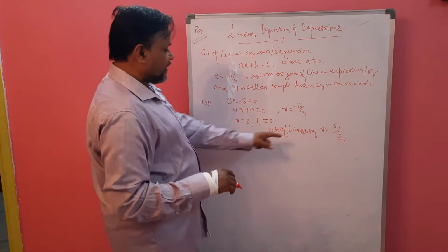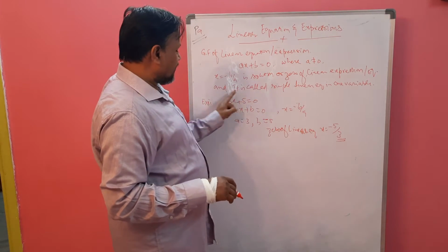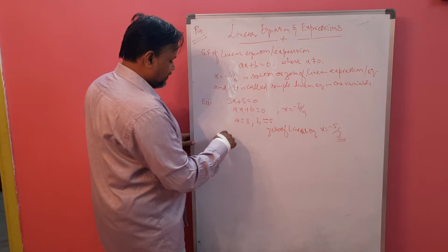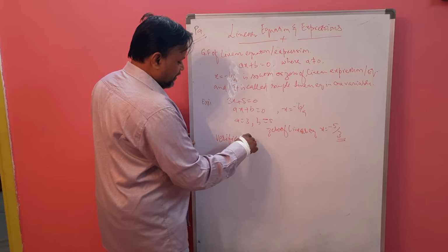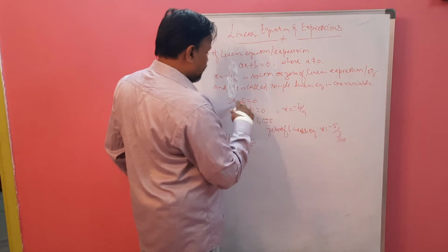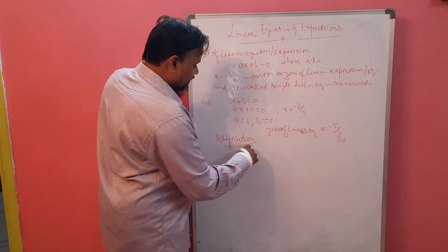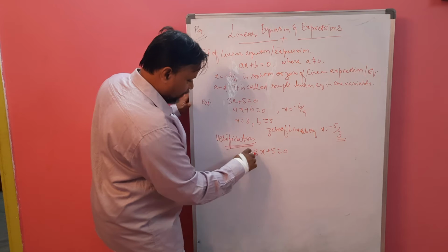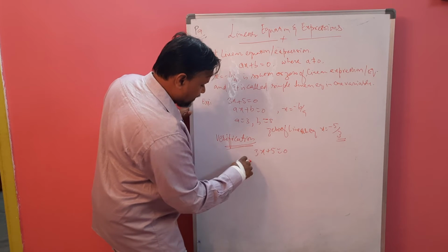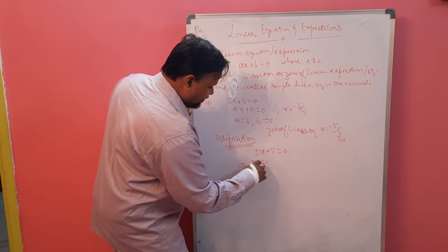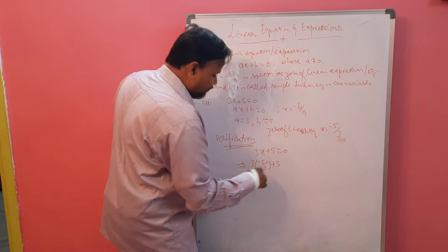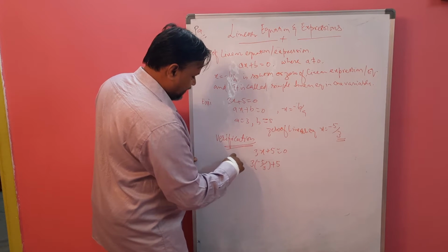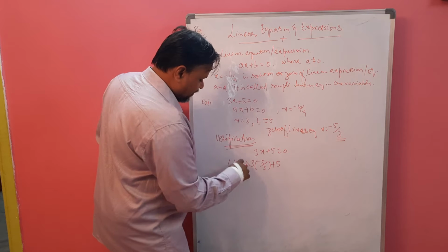Solution means what? It satisfies. When you substitute here, you will get left hand side equal to right hand side. Verification we are doing here. Verification of this one, whether this is a 0 of this or not. So we are writing again the equation, this equal to 0. Now put the value of x equal to what? Minus of 5 by 3, plus 5. Okay, we are taking here the left hand side.